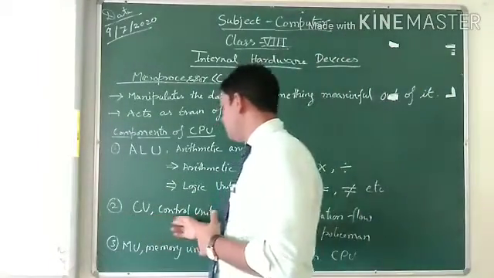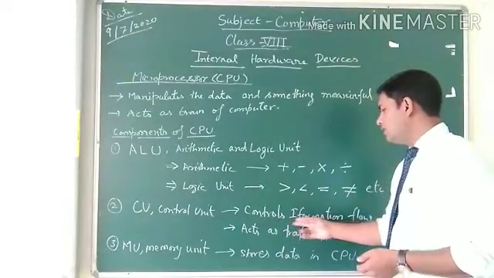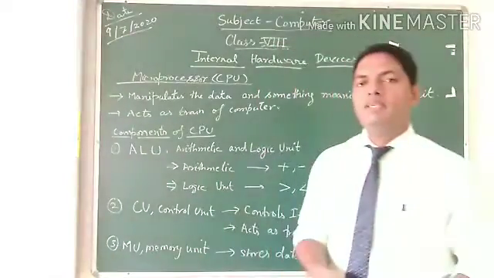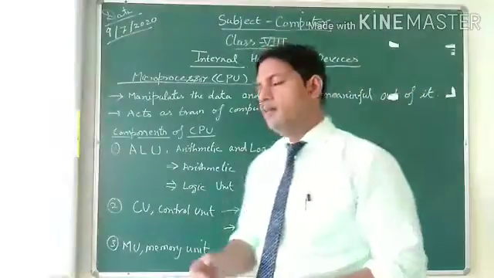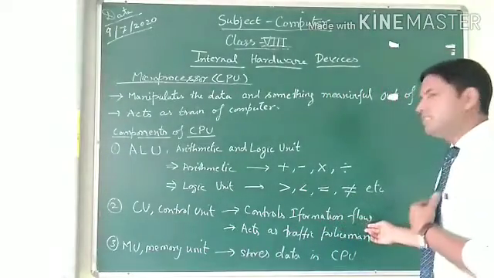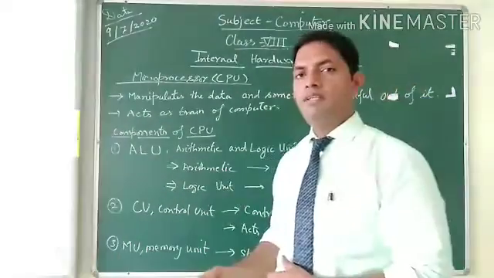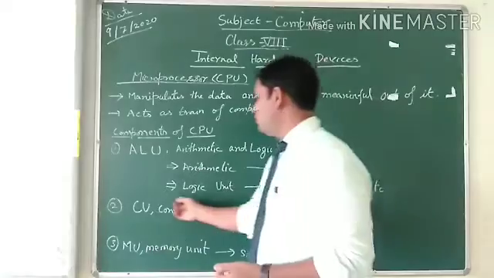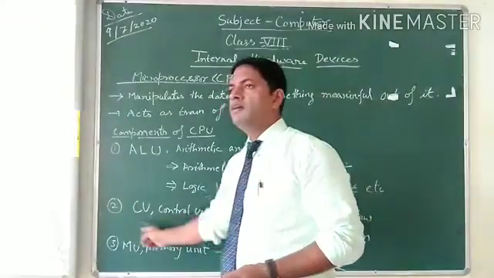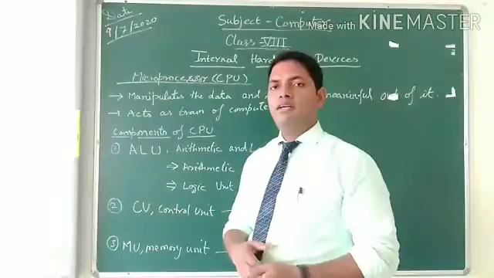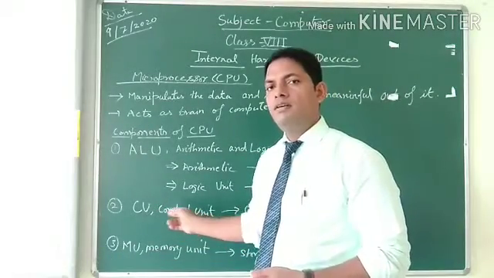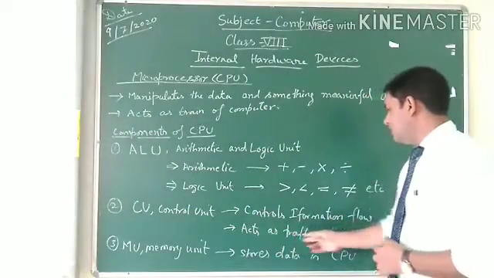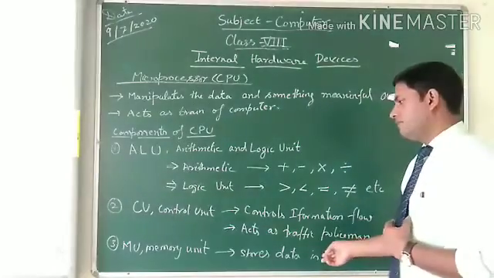The second one is control unit. The control unit controls all the information given as an input and processed by a CPU. The processor processes all the information which is given in the input and the output is taken out on the other end. This control unit performs all the input of data and output of data which is related to the question which we want to solve. So we say that it acts like a traffic policeman.